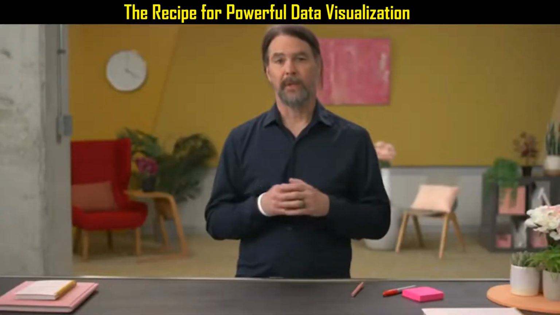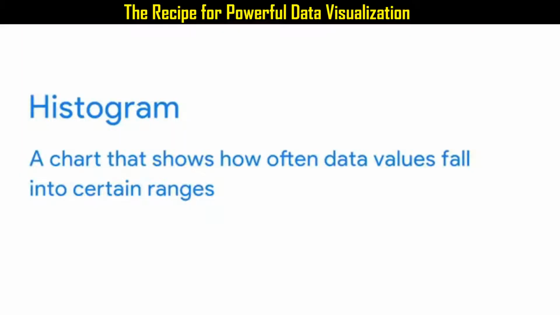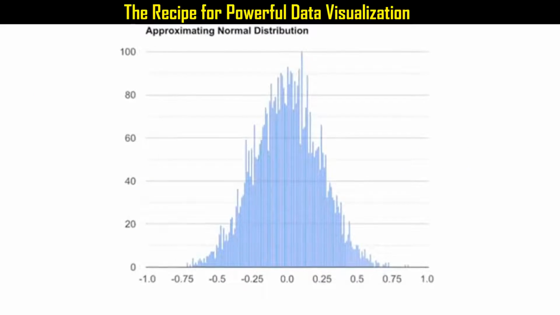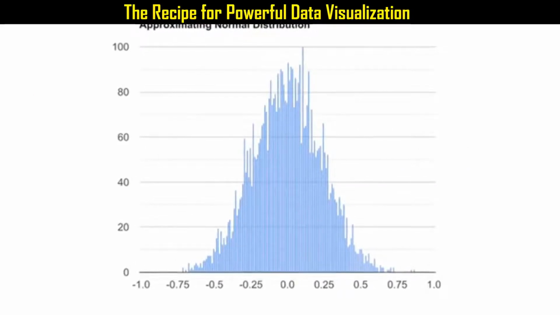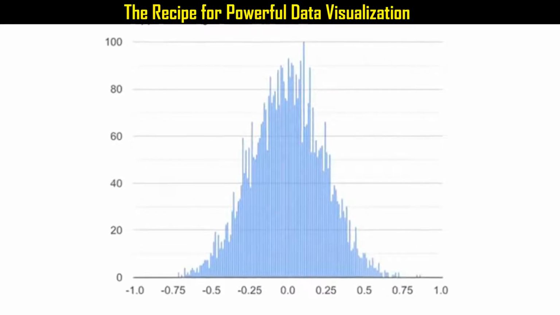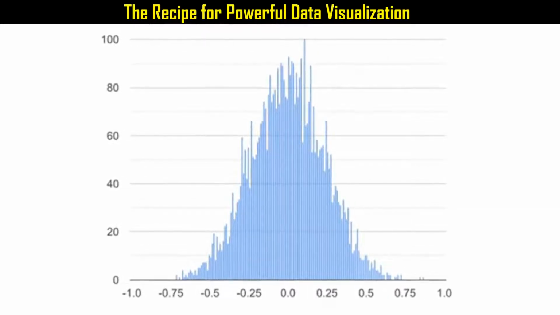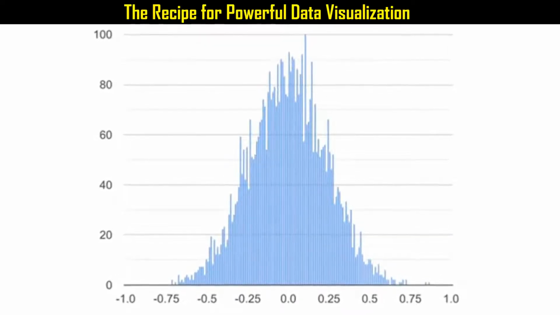Another situation is when you need to show how your data is distributed. A histogram resembles a bar graph, but it's a chart that shows how often data values fall into certain ranges. This histogram shows a lot of data and how it's distributed on a narrow range from -1 to +1. Each bin or bucket, as the bar is called, contains a certain number of values that fall into one small